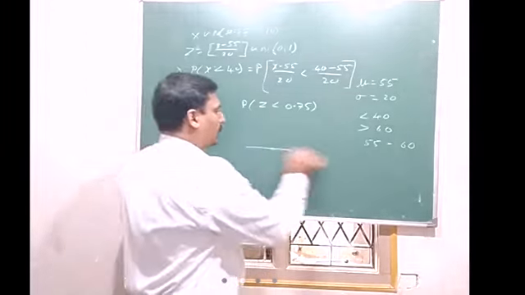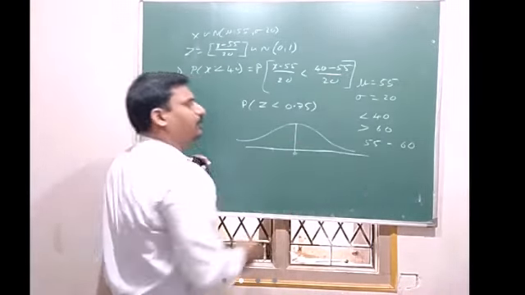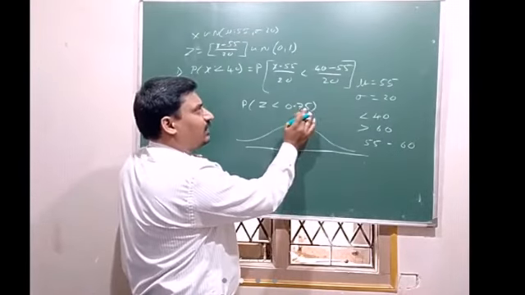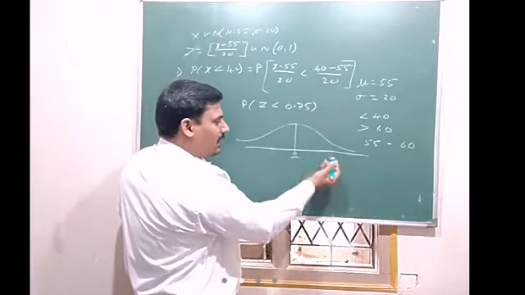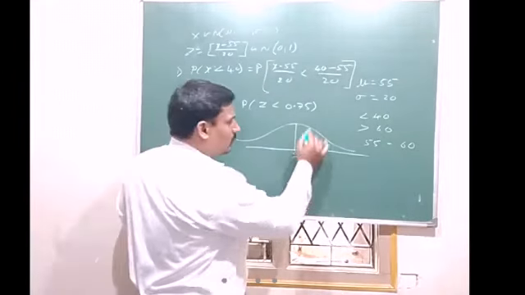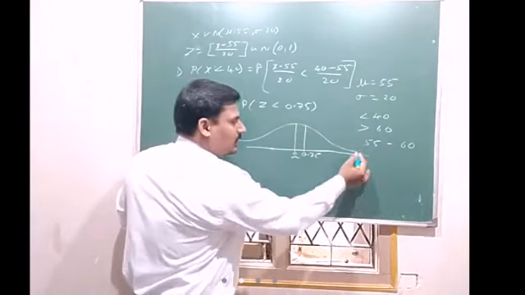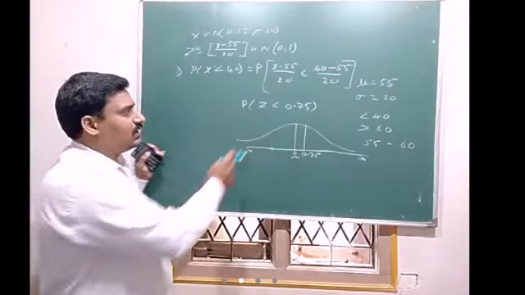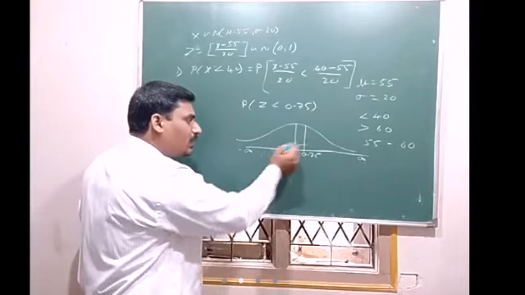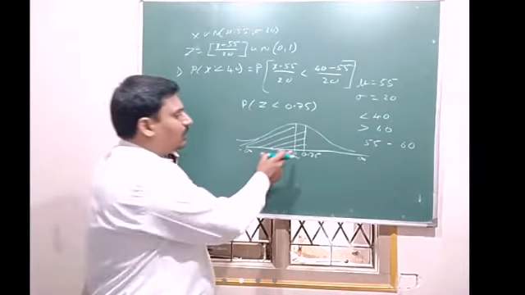Okay, this is center point 0, that is mu equal to 0, and 0.75. It is a positive value. So a positive value lies on the plus infinity side, this right side area. So I will roughly draw it here, 0.75. Here plus infinity, here minus infinity. Since the symbol is less than, z is less than, so towards negative, this is our region. Okay, from this region we have to find the value.